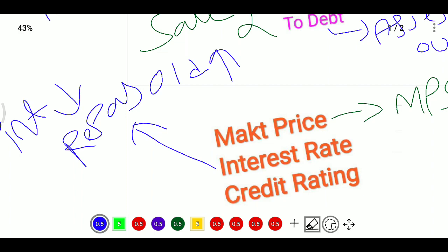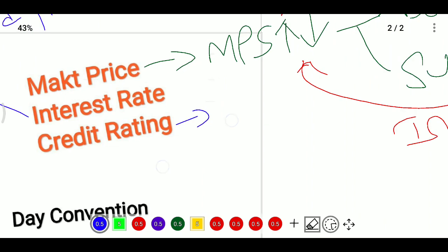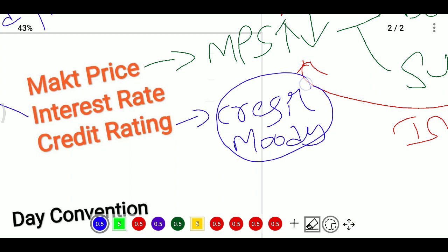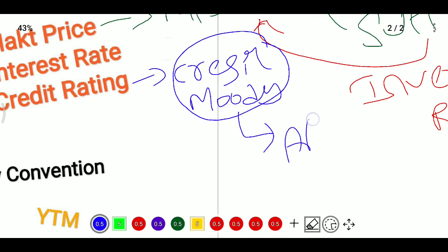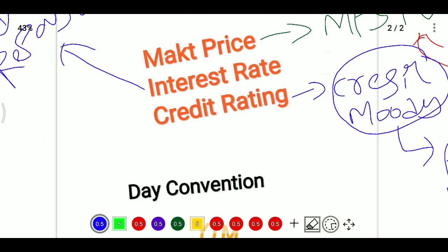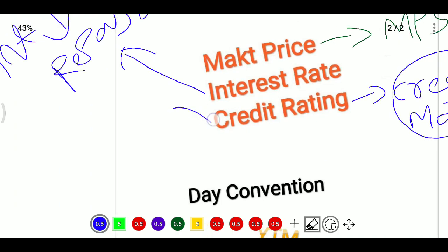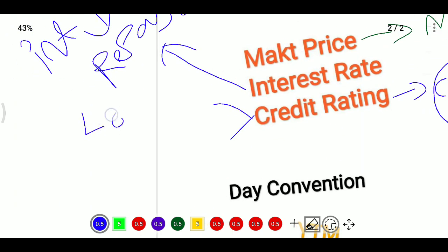Next, the third one: change in credit rating or credit risk of the issuer. If a company has huge losses, how will they pay? The investor will look at what assets there are and what the credit rating is. Credit rating is normally provided by credit rating agencies like Moody's, who provide ratings like triple A plus or triple B plus. Based on that credit rating, you see how much risk there is, how much doubt there is in repayment. So they will sell the bonds based on that.